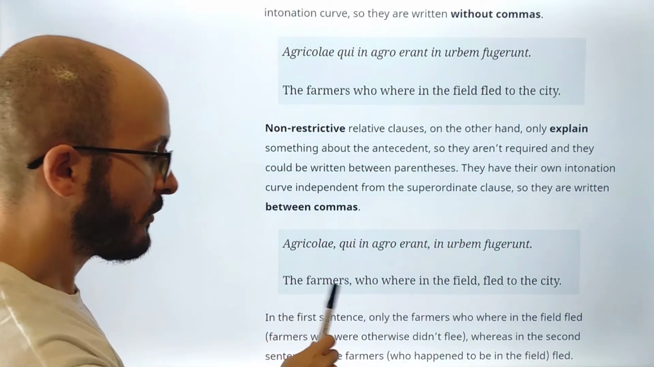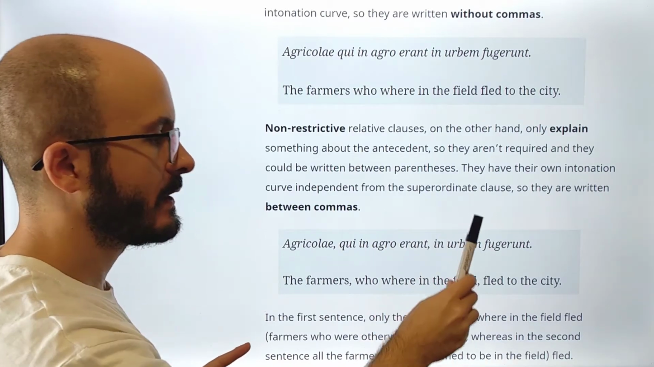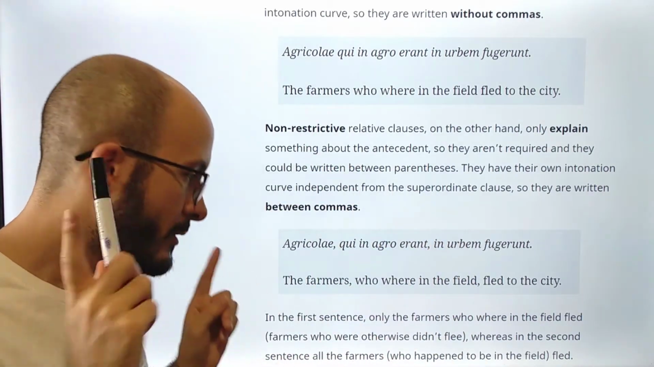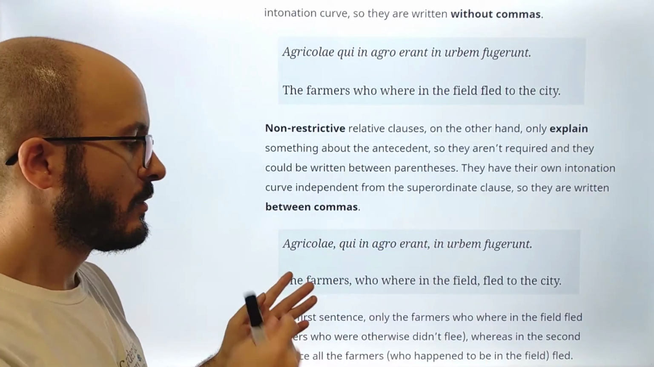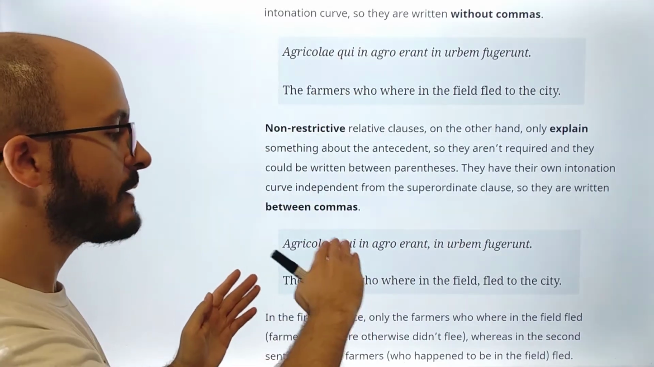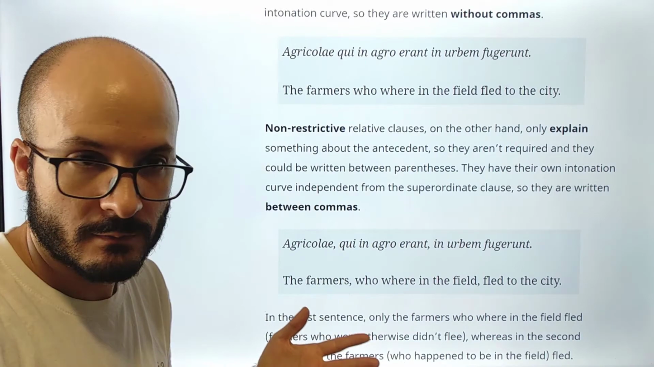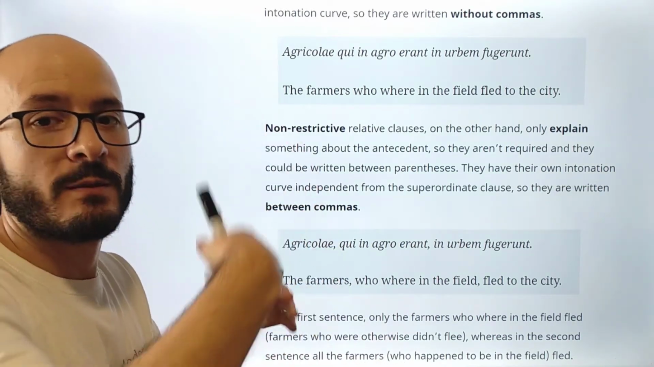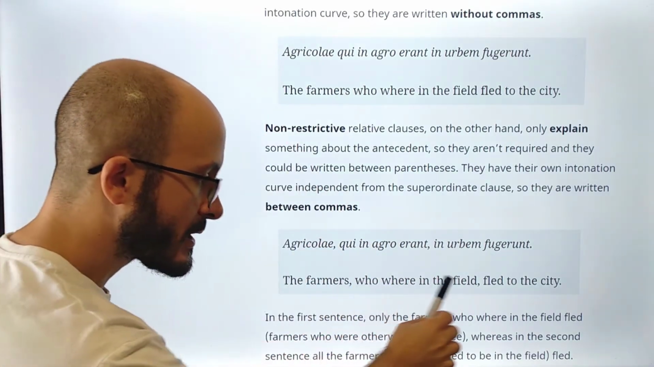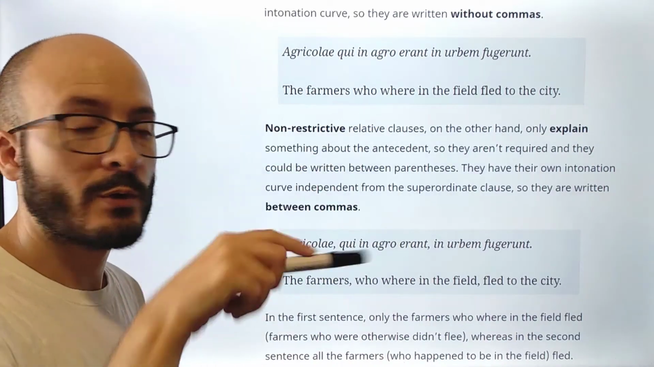Now, the farmers who were in the field fled to the city. So you have noticed first the intonation, like the farmers who were in the field fled to the city, and the pauses. So that intonation and the pauses are represented by the commas in writing. And of course,